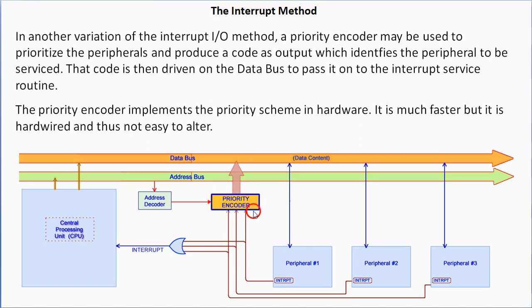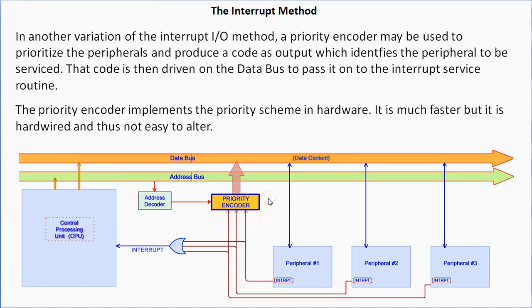It does this in hardware and therefore it is very fast because the interrupt service routine does not have to perform the prioritization task. But the problem is exactly that it is hardwired and thus it is not easy to